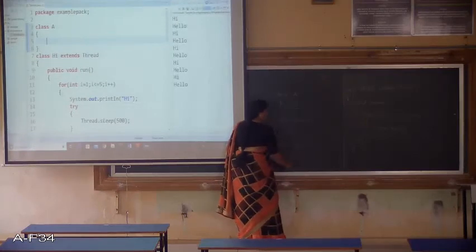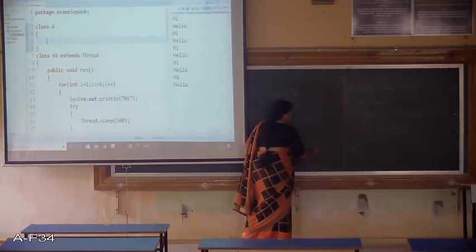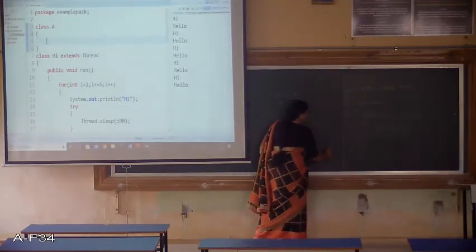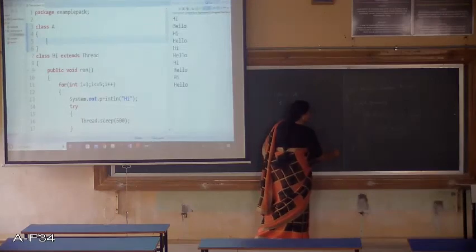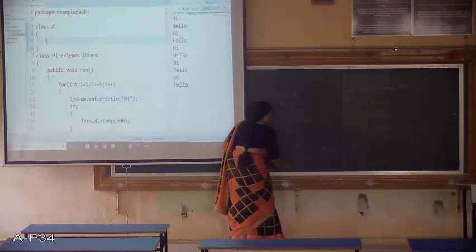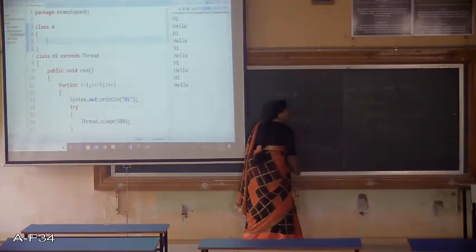So can we write it as class hi extends A, comma, thread? Is it possible? Or extends A, extends thread, and then write all other code as it is? This is not possible.